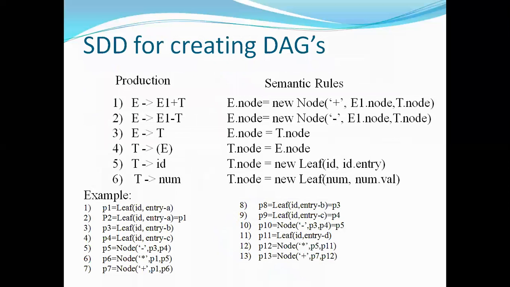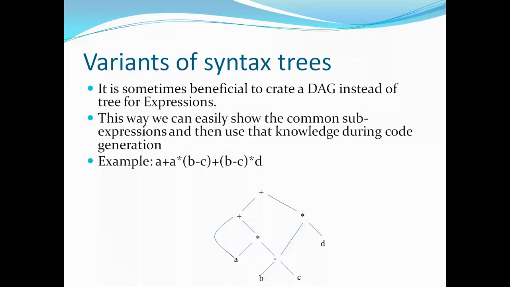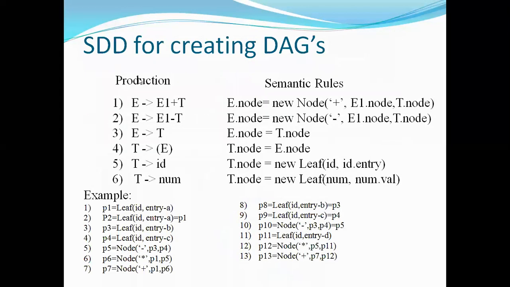And here we're having an answer for this. If you're having an expression like this, construct a DAG is the question. How to construct a DAG for this expression means, first initially you need to write a sequence of operations for the DAG. And if it should also be shown with the syntax directed definition, you need to write the semantic actions for each and every production. Otherwise, no need to write the semantic rules for the productions, if the question is only to construct a DAG for the given expression.